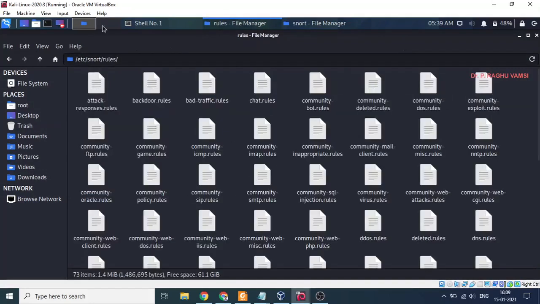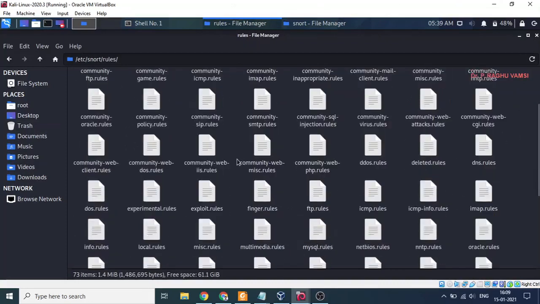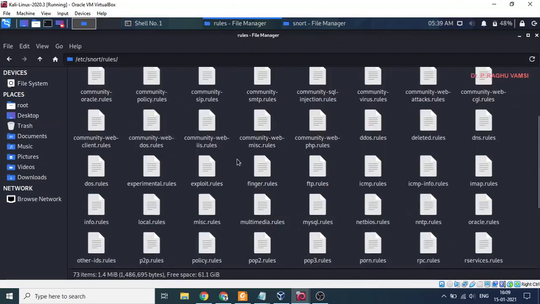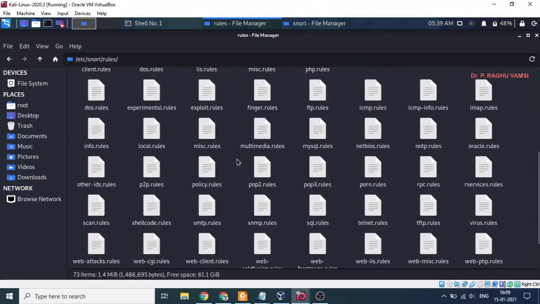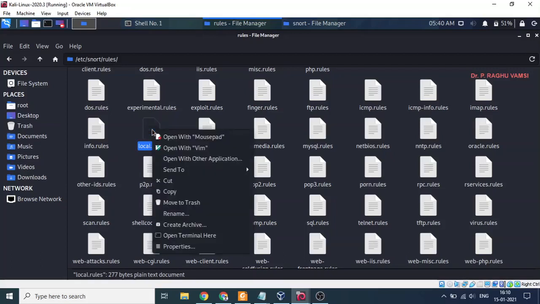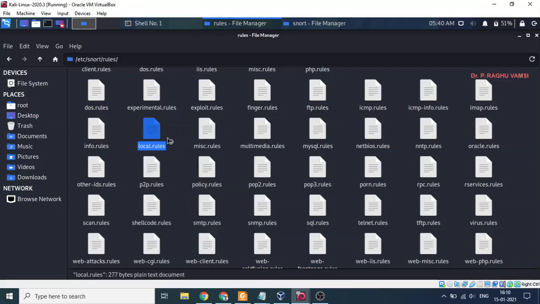In this rules folder, you will find so many rules, including community rules, what you call general intrusion rules. Along with that, you will also find local.rules. In this local.rules, we are supposed to write the rules.